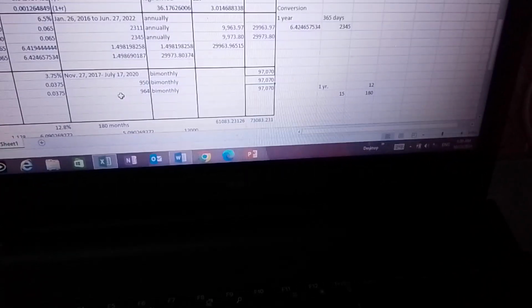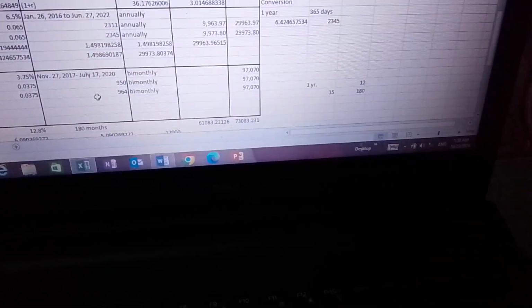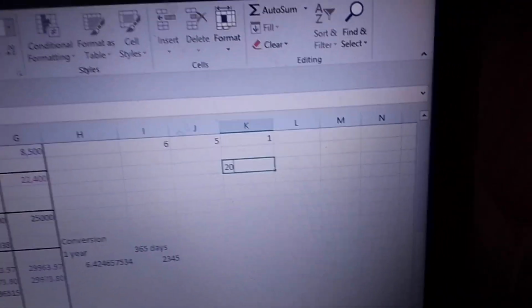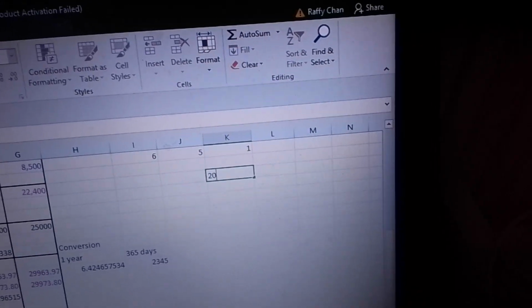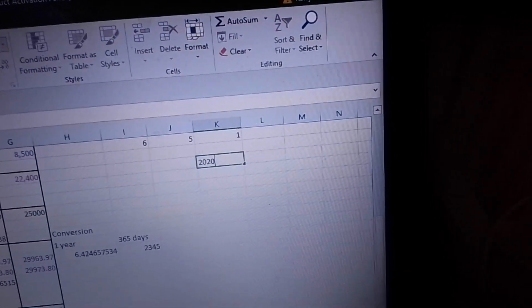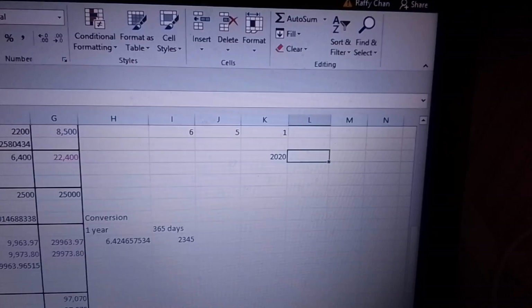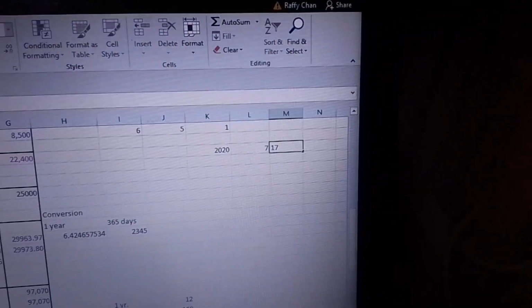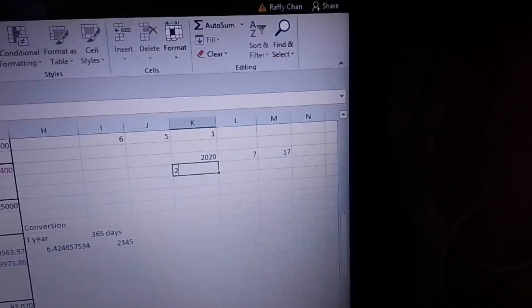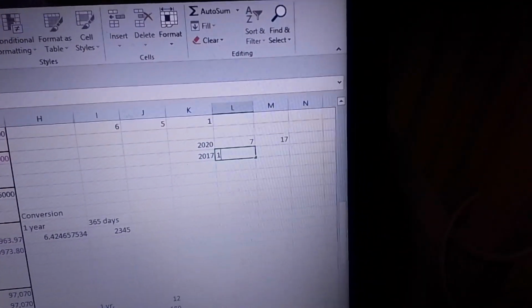And then, di ba remember, this one talks about the number of days that we're supposed to get. Although I've already done it for you. Pero here's how I computed that. Di ba remember this is our solution sheet in number 7? Di ba remember we have 2019. Kailan tayo nag-start? 2020, di ba? 2020. And then here we have the time. Di ba? July 17. Di ba? And then we have 2017, November,